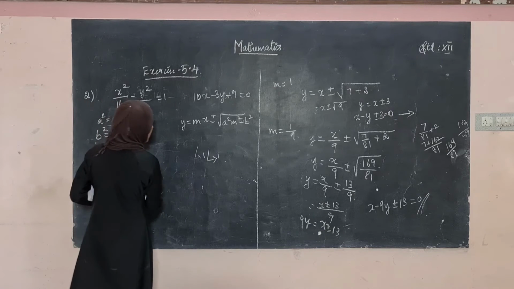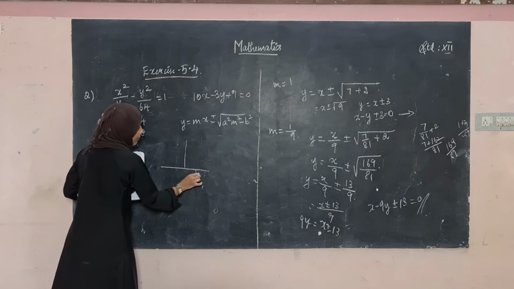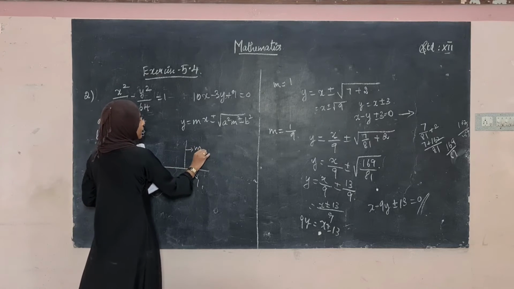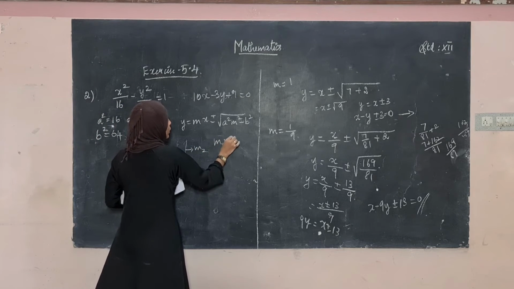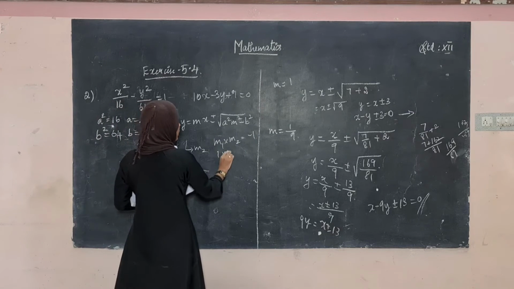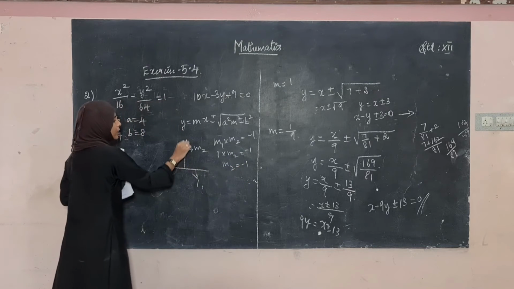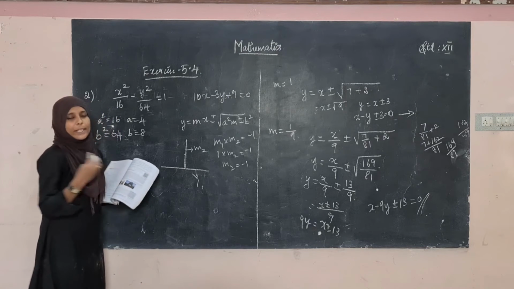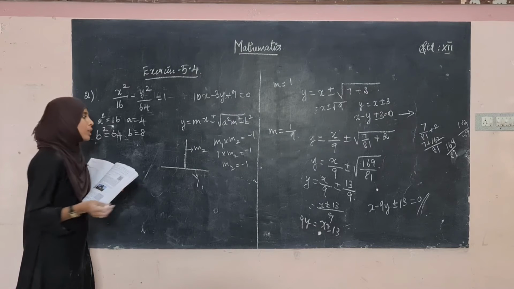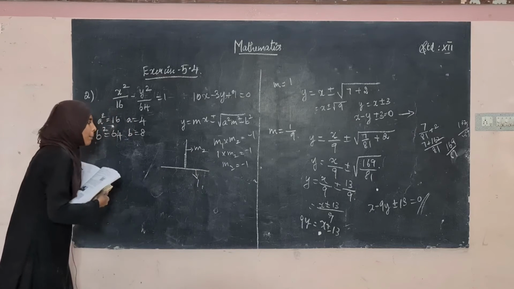And what happens for the perpendicular line is, okay, perpendicular line, if this tangent line's slope is 1, if you want to find the slope of this, we can use this formula, m1 into m2 will be equal to minus 1. So what's the value of m1? m1 is 1 into m2 is equal to minus 1. So what's the value of m2? m2 is equal to minus 1. That's the slope of this line. Okay, so m1 will be equal to m2 when both the lines are parallel, the slopes are same. So when the lines are perpendicular, you use the formula m1 into m2 is equal to minus 1.